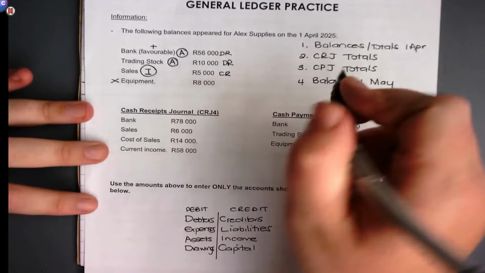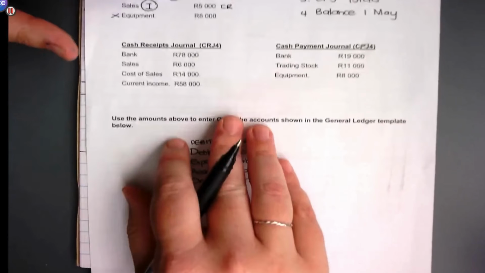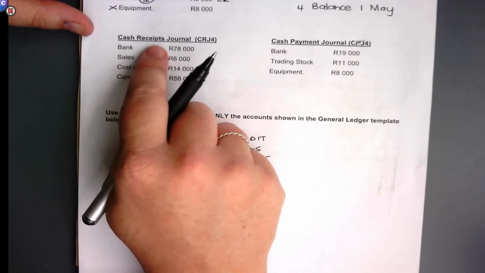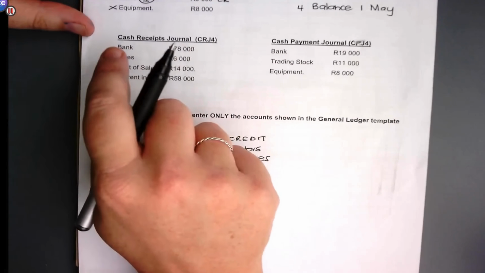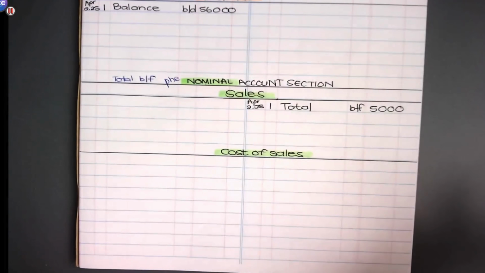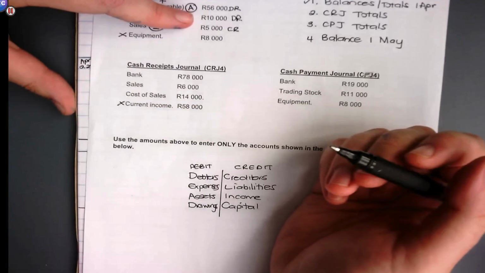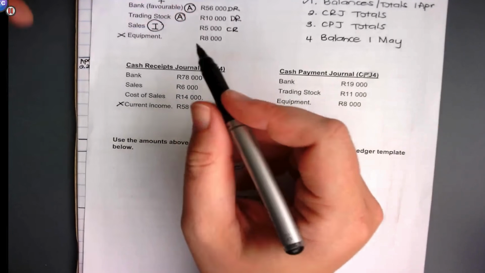Okay, so we've done step number 1. We've entered in all the balances into our general ledger. Next step is your cash receipts journal. So there's bank, sales, cost of sales, and current income. There is no current income heading, so I'm going to leave that out, but I can enter the other 3. So your bank,